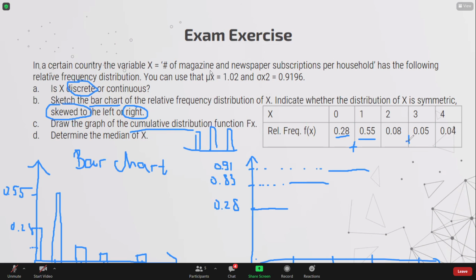Later, we go to 3 and we add 0.05, which is 0.96, which is somewhere here. And the final stage is to add 0.04, which is everything above 4, because it's cumulative. So that's where 1 lies. I hope those graphs are easy to understand and to replicate. Next, we have to determine